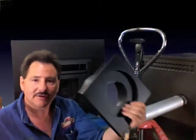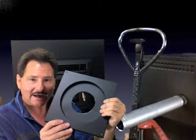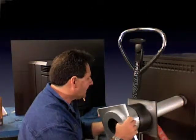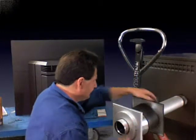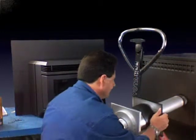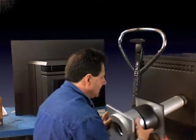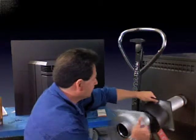On the inside of the wall we have a wall thimble here. So this is a telescoping piece that adjusts to any size wall. And on the inside of the house we have a nice black piece that goes right like this. Now this pipe can also come in black if you want. We'll probably ask the customer that. This goes on the outside of the house. So right through the wall you've got this nice little adjustable piece of flashing here. So here's your flashing right on there. And that's everything that you need right there to go right through the wall. Okay, then what you're going to do is you are going to...